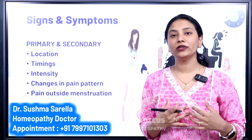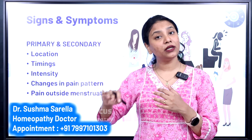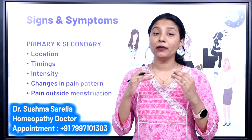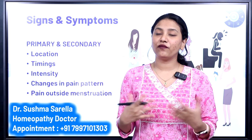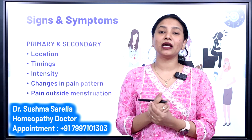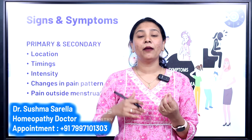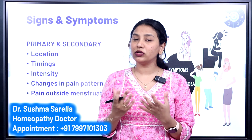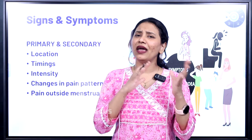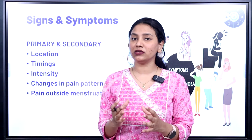That is, if you are experiencing pain during menstruation and the pain is slowly starting to continue even after menstruation, or the pain has increased, that means the threshold for pain has changed. For example, if 5 is the pain scale and you're experiencing 2 on the pain scale, but now you feel that the pain has increased a lot and there are a lot of clots or there is irregular menstruation, any change in pain pattern, any change in your menstruation pattern, do get a doctor consultation as